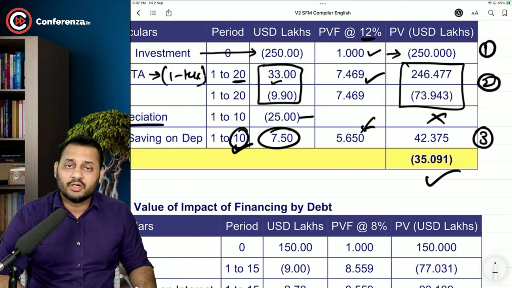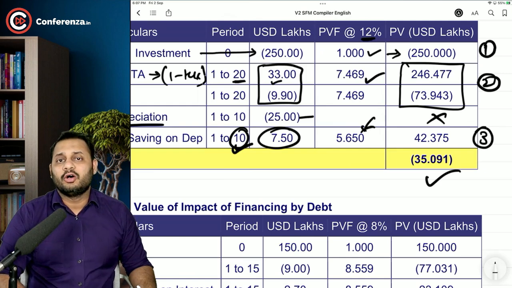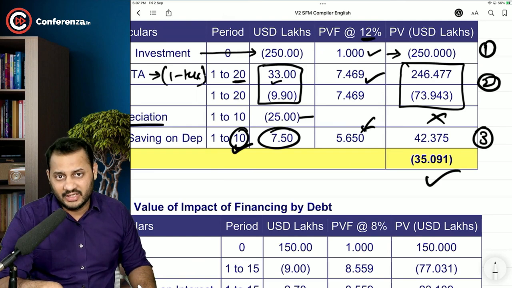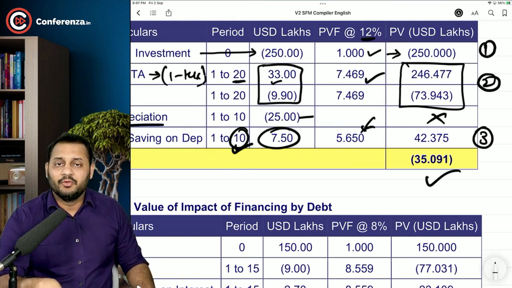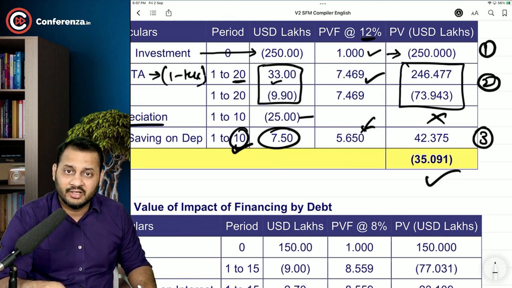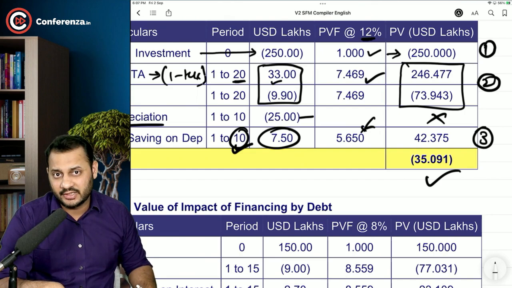On that basis, what will you decide? Do not accept this project. But if you take the loan of 150 lakhs, what will happen? If you take the loan of 150 lakhs, you will pay 9 lakh as interest every year, and you will save some taxes on that. Now,